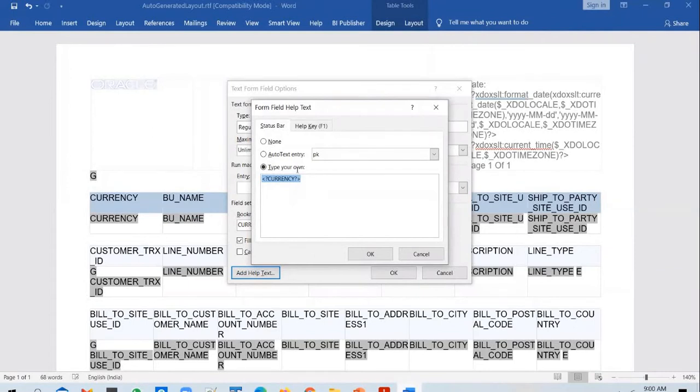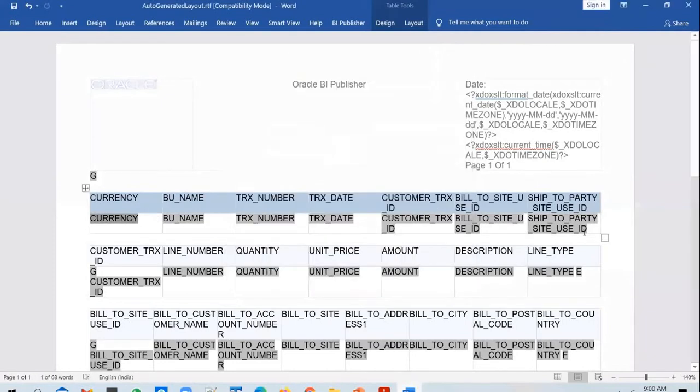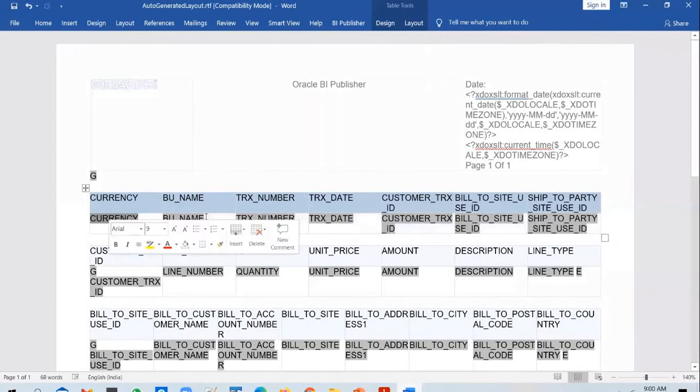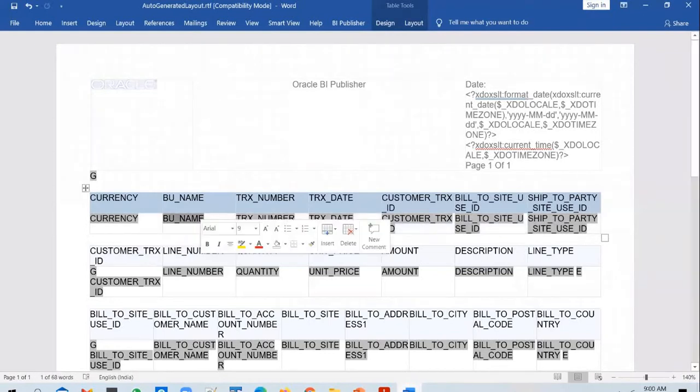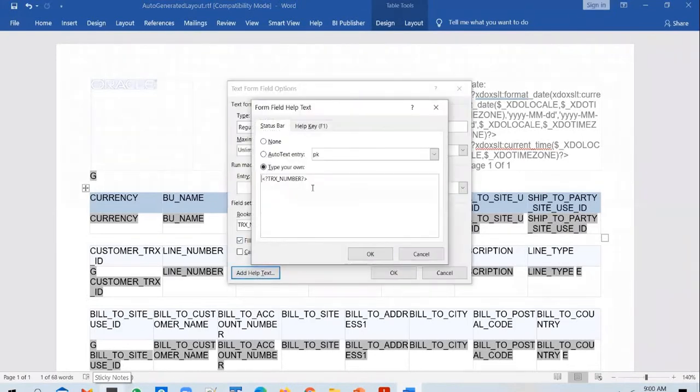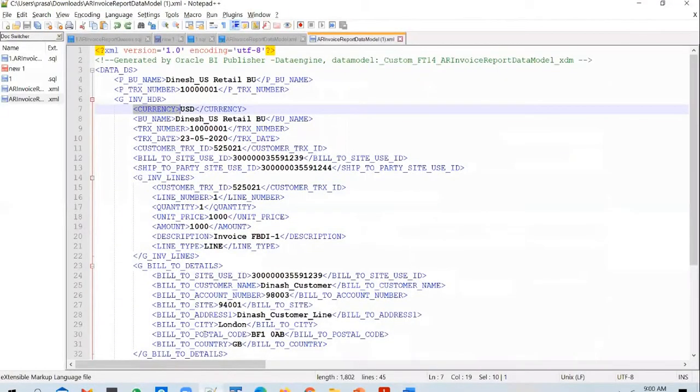So instead of printing currency here, it will print the value of the currency here. That is how these XML tags are getting replaced with the actual values. Here BU name is getting printed, here transaction number is getting printed. If you look at the XML data, transaction number is the tag for the transaction number.